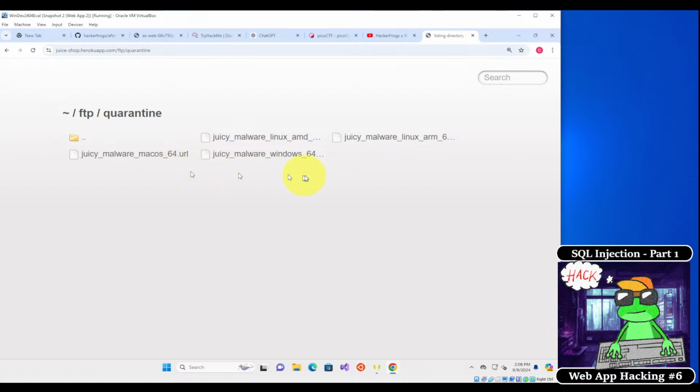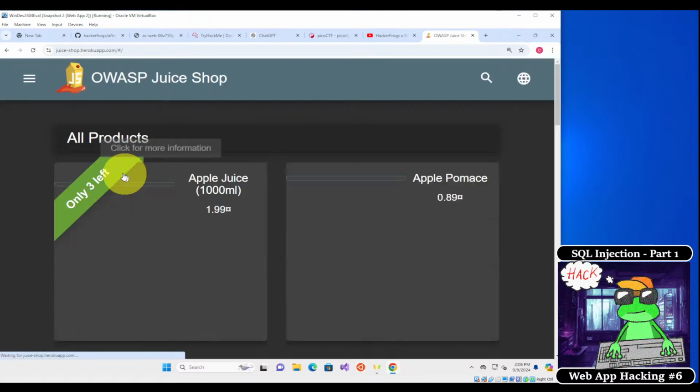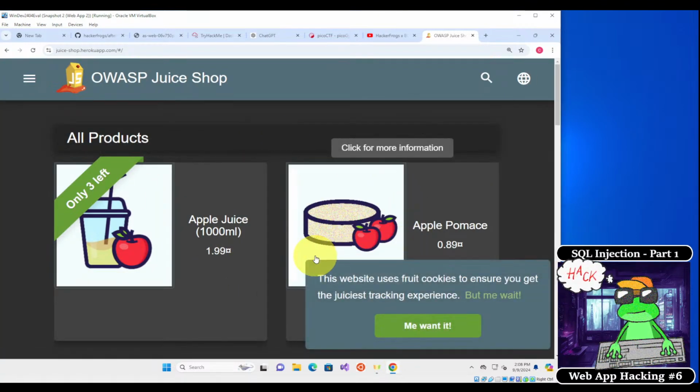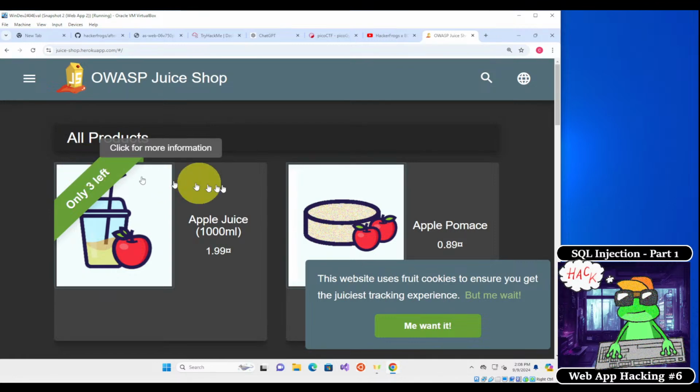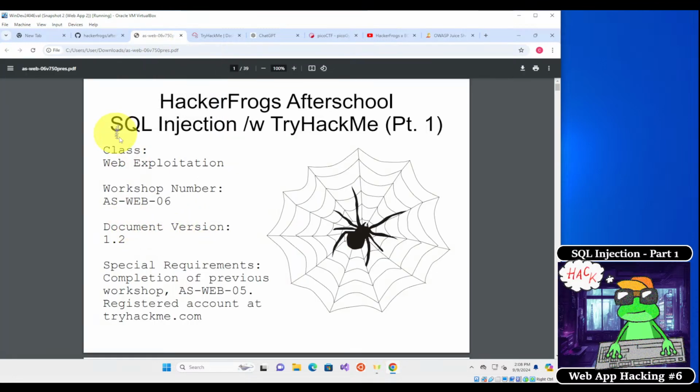So that's pretty interesting. We might be using this website to test against in the future, just to test some of the techniques that we learn. But for now, that was the warm-up exercise, and let's go over and see what we were learning from the last time. So today, what we're going to be looking at is SQL injection, sometimes called SQL injection,